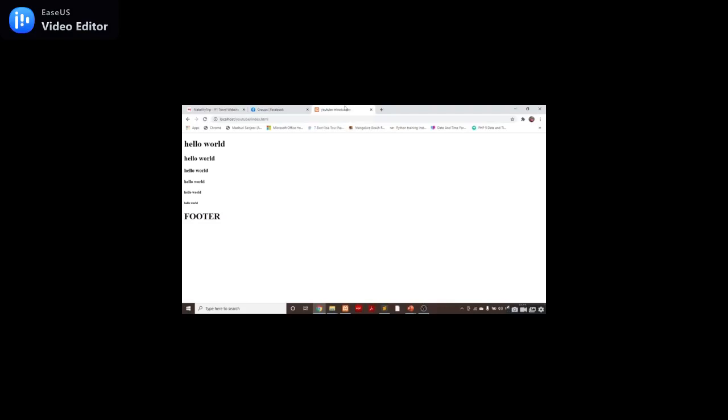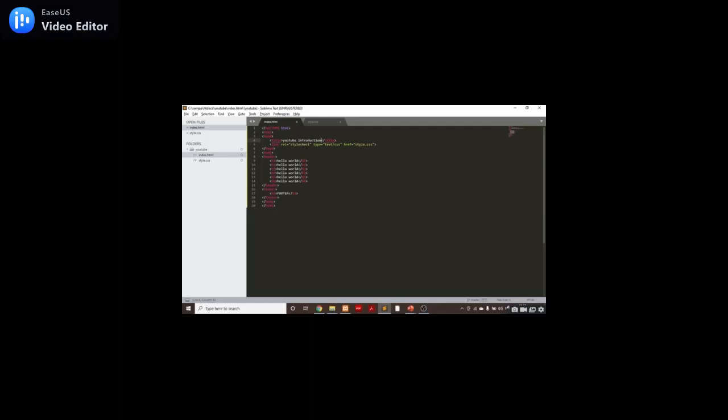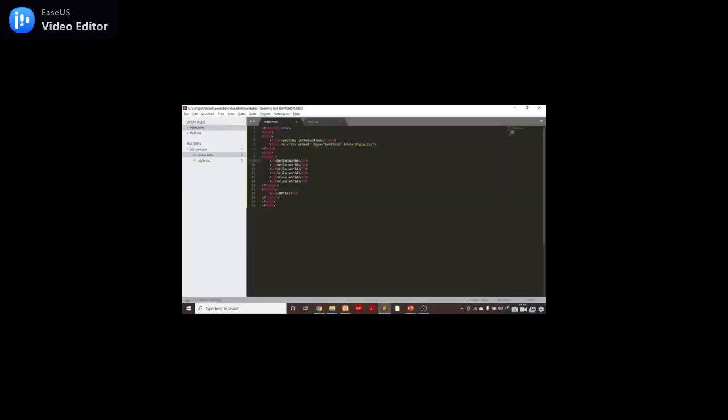This is coming from the title. After the head, you can see there is a body tag, and you can write your actual content in the body part. I have written hello world here, and you can see hello world is printed. So the body tag contains your content, the information you want to show.